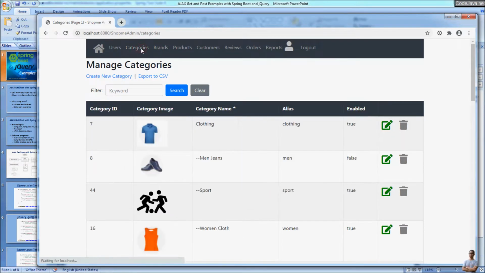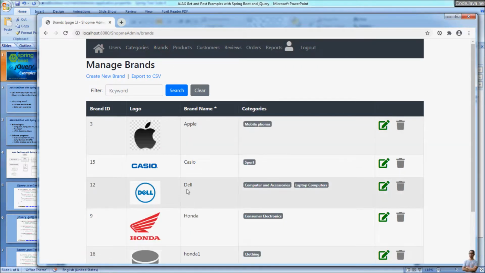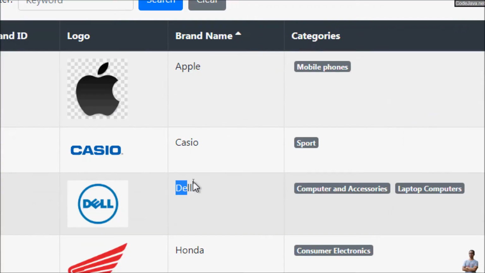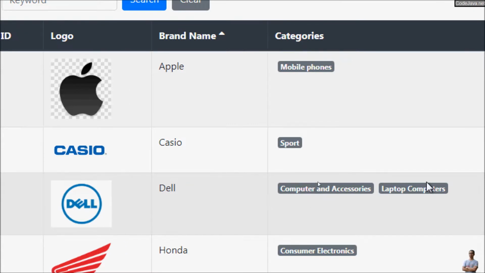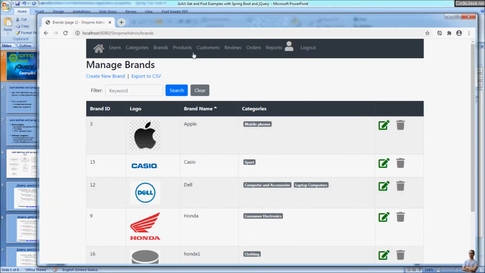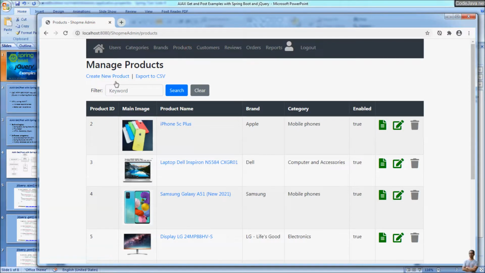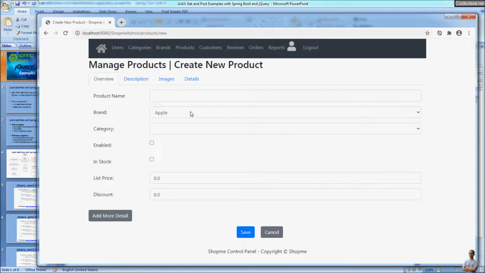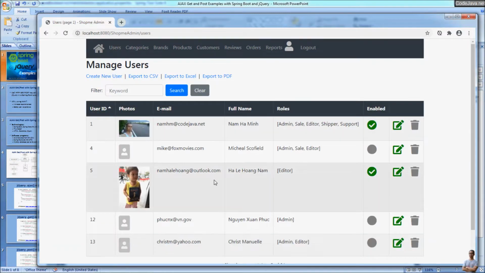Here these are the categories, and these are the brands. For example, Dell belongs to or is associated with computer accessories and laptop computers. And when creating a new product, the user selects a brand, and the corresponding categories will be loaded in this drop down list. And the second task I will